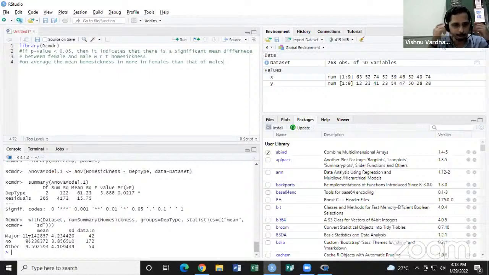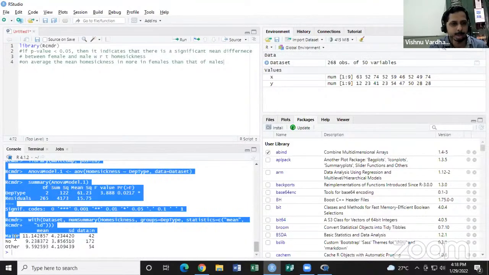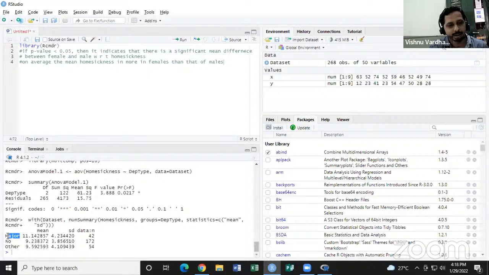The mean homesickness is highest among the respondents who belong to the category of major depression. Okay, and next comes the other type of depression. People who do not have depression, their mean homesickness is comparatively lower than the other depressed respondents. Okay, and coming to the p-value,